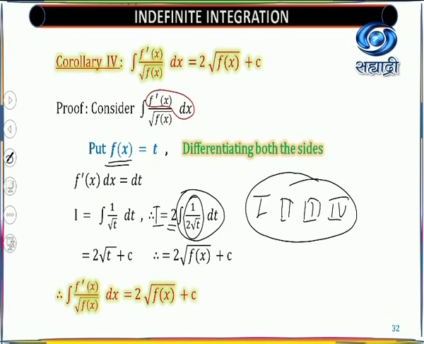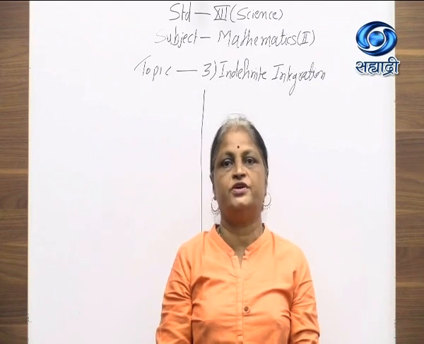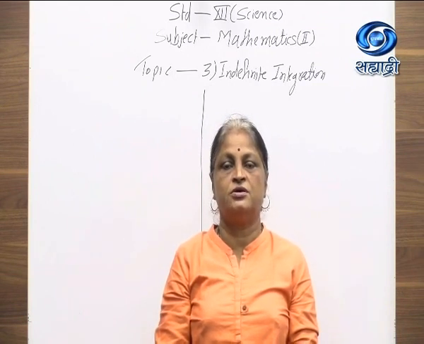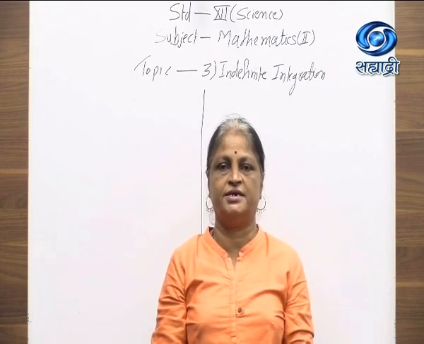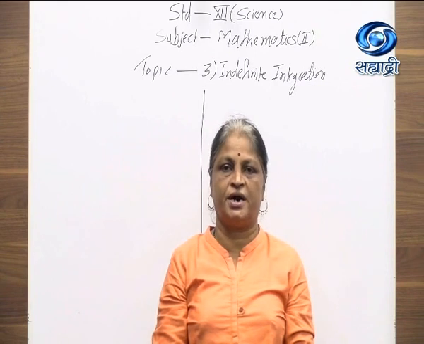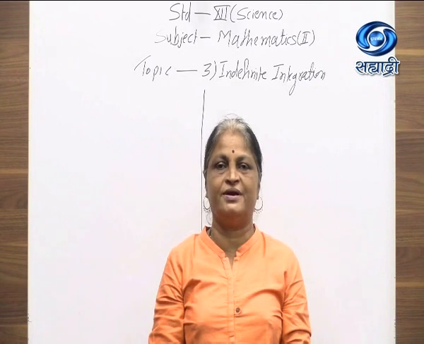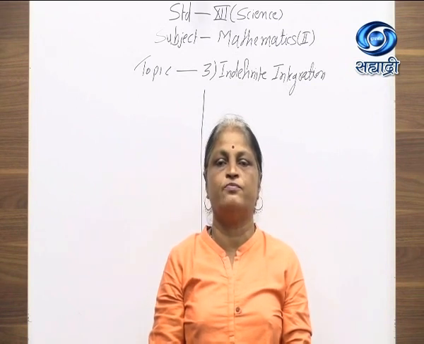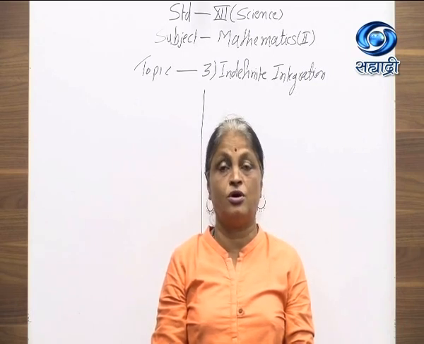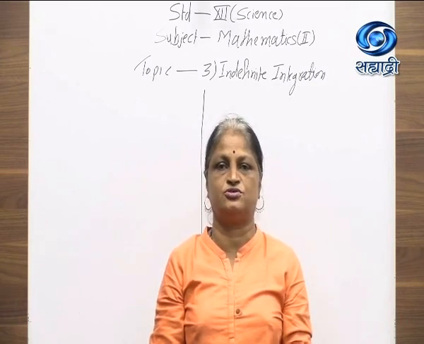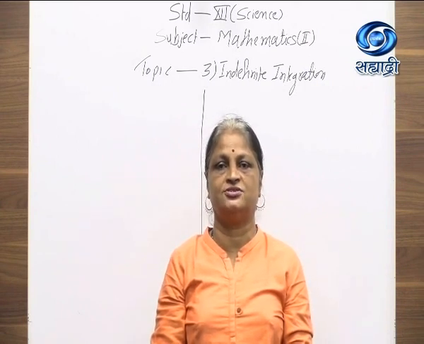So we'll stop here, we'll continue in the next lecture. We started this lecture with exercise 3.1 of the last type, that is the 4th type, and there was only one example of that kind. Then we started with the theoretical part. We had already used the substitution method, but we didn't know the name of the method. There are many methods, of which we saw one theorem based on the substitution method and a corollary based on that. For the remaining part, we'll continue in the next lecture.